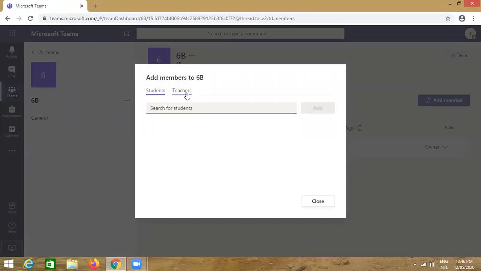To select the teacher, just search the teacher's name, teacher one is teaching. So add the teacher, or we can add other teachers also, those who are teaching. So, okay.